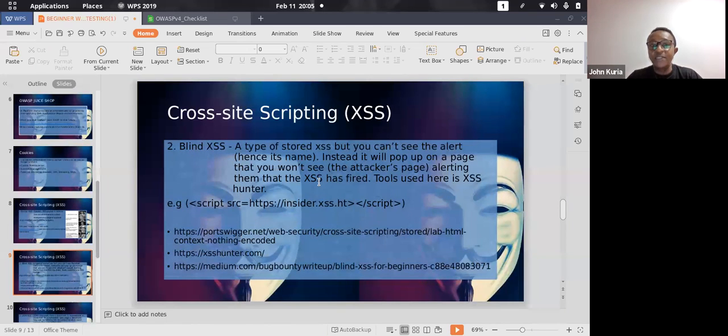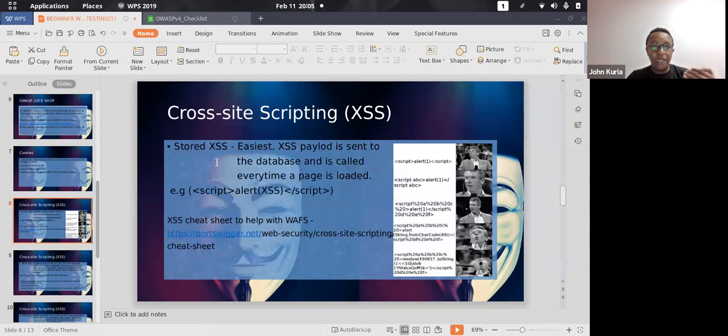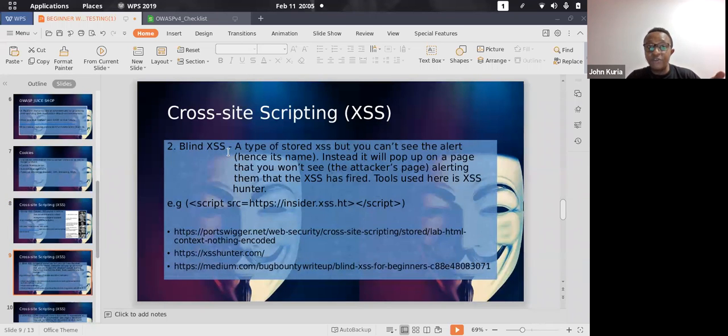And they won't see it. You see, for stored, it populates, or rather it reflects back to you telling you that this and this has happened, or this XSS. But for this, the particular person that you're sending it to won't know. So maybe in a corporate environment whereby you